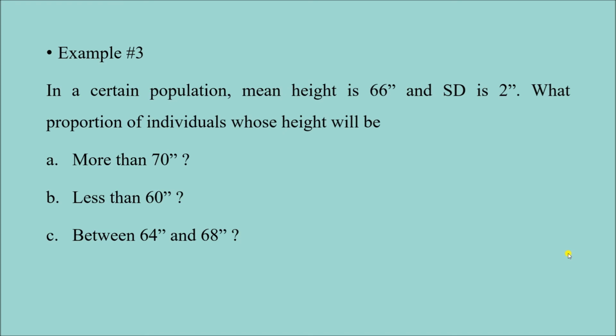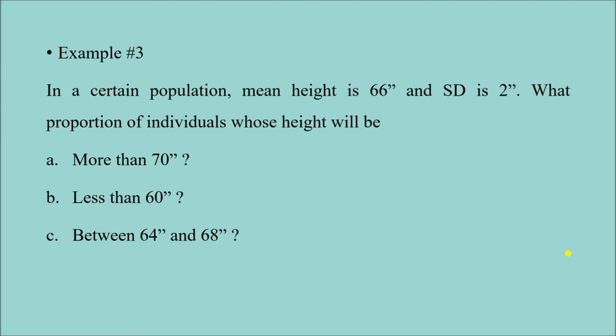Let us look at example number 3, which is the last example for today's video. In a certain population, mean height is 66 inch, standard deviation is 2 inch. So these two pieces of information have been given: mean 66, standard deviation 2. What proportion of individuals have height more than 70 inch, less than 60 inch, and in between 64 and 68 inch? So there are 4 values given, 70, 60, 64 and 68,